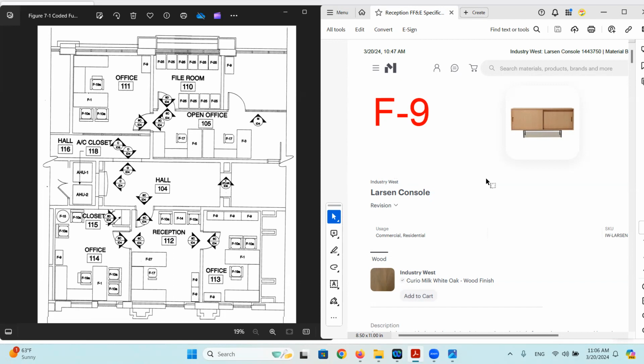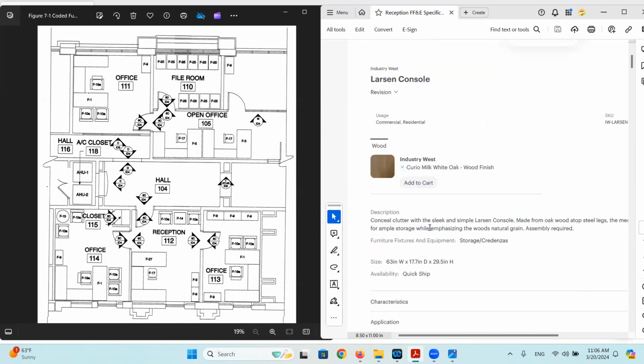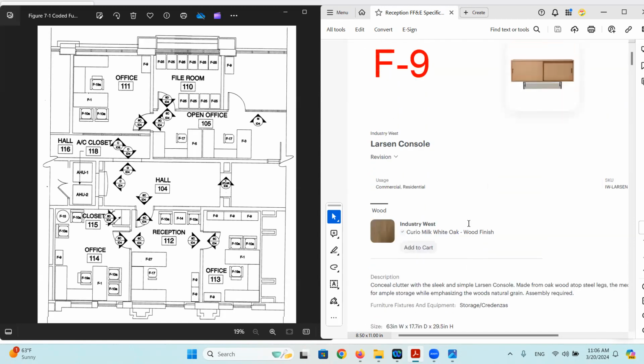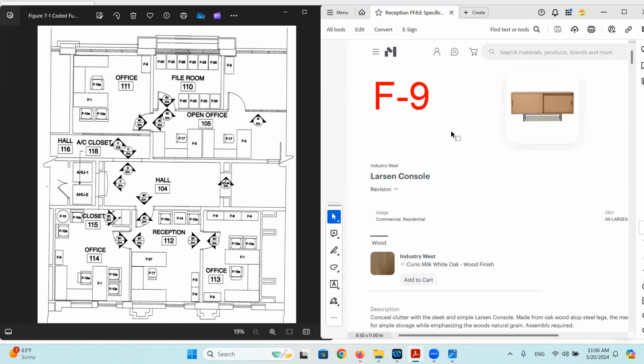Now, what you're seeing here on the specification sheets is an image of the furniture piece. You're going to see information about the manufacturer, the name of the piece, and some other information, perhaps a description, size, availability, etc. Now you can see here, I have added the key designation F-9 in big red letters so it's easy to recognize.